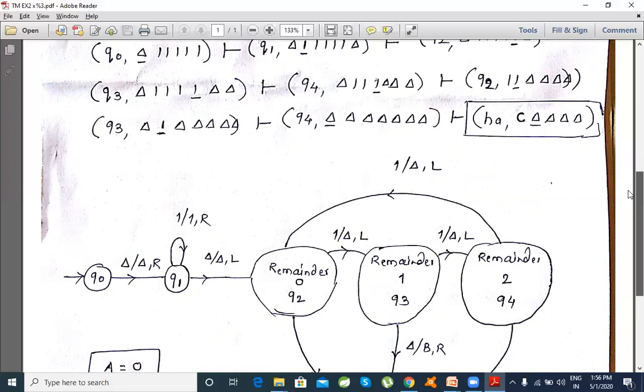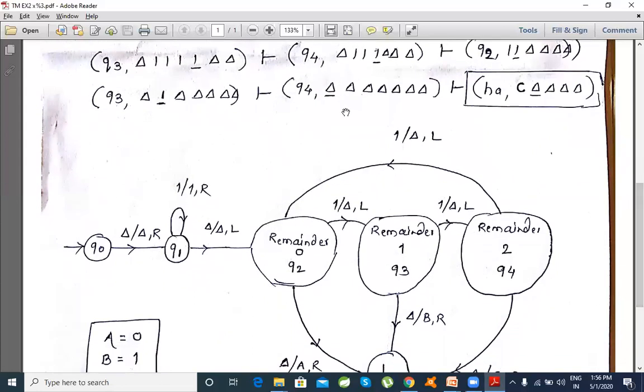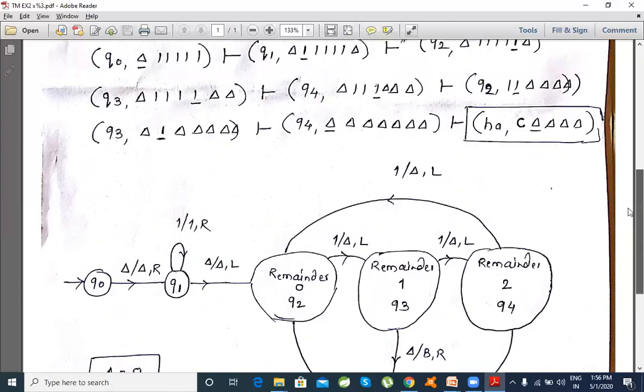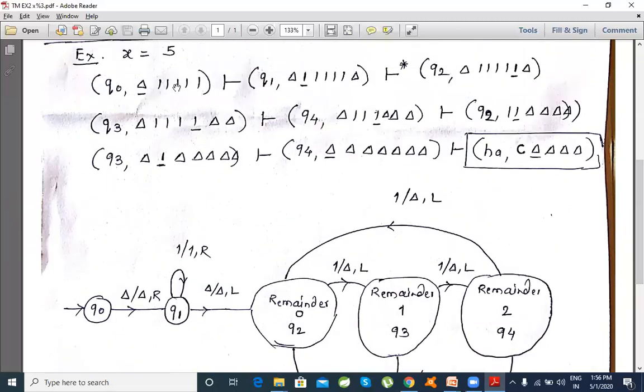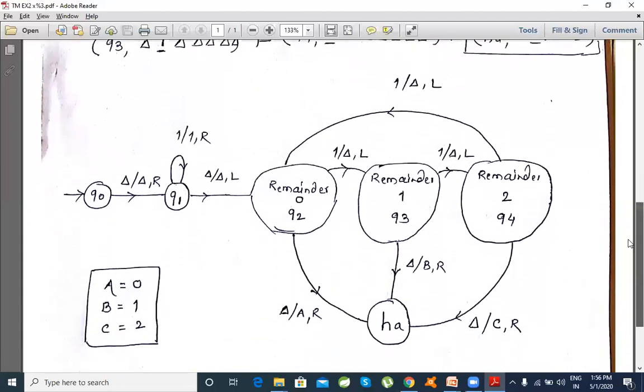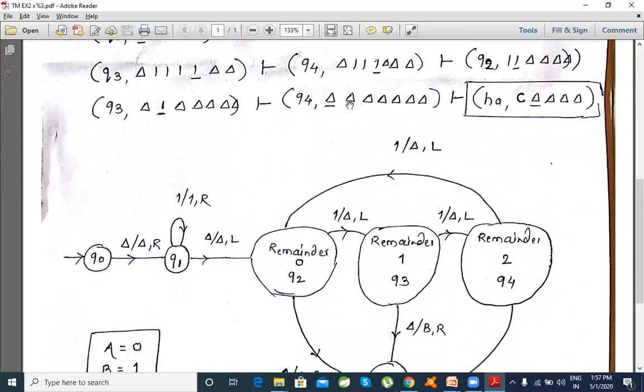Now we come to the conclusion that there are no more ones left, meaning my input is exhausted. Because of the procedure I went through: starting with the first one, I reached the rightmost null and then switched back to read the first, second, third, fourth and fifth one. Then when we reach this null, the machine concludes that the input is exhausted. Okay, so it takes its decision.